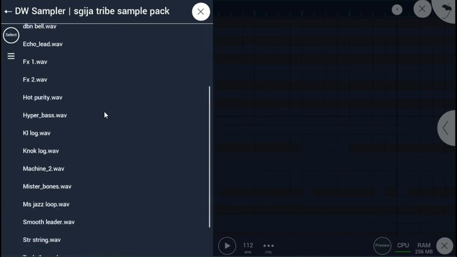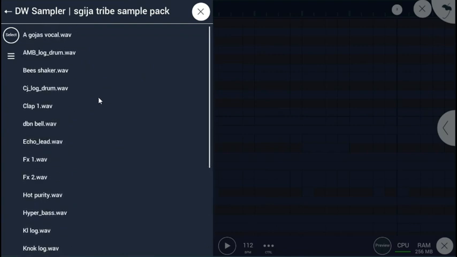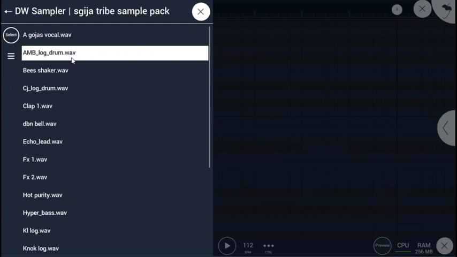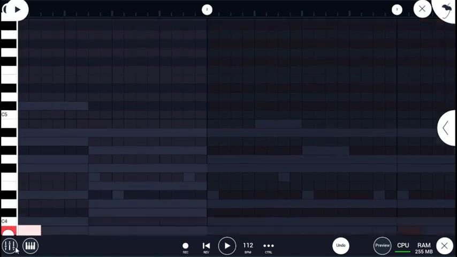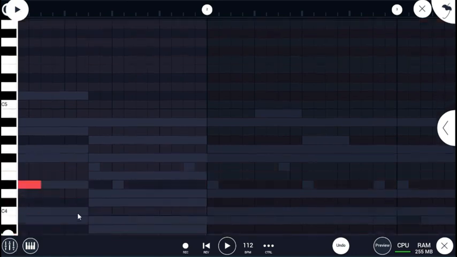Then guys, I have a lot of packs, so let's find the nice log drum. Okay, let's see the MB log drum, ambitious log drum. Nice. So I'm gonna click the right side of the screen to load it, and let's cook something amazing with the log drum. Okay, I'm gonna start with this note,